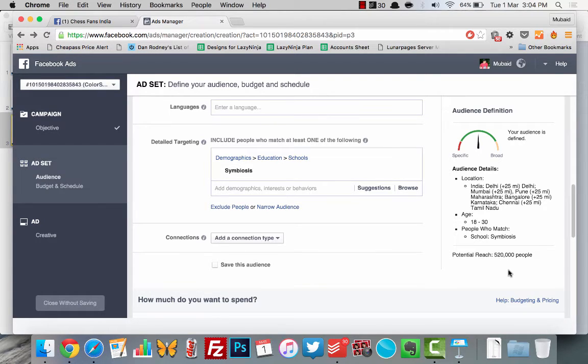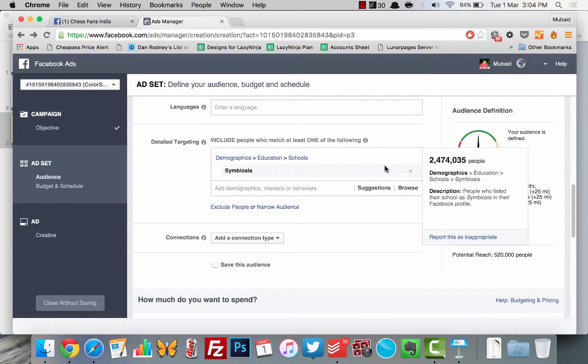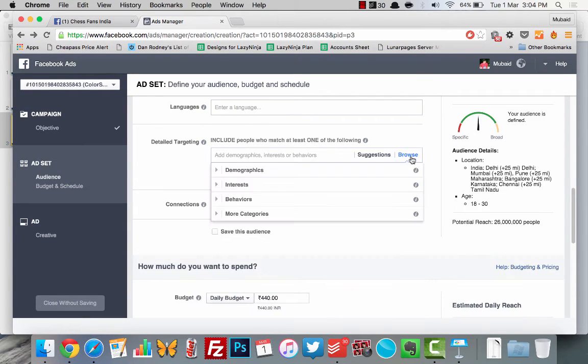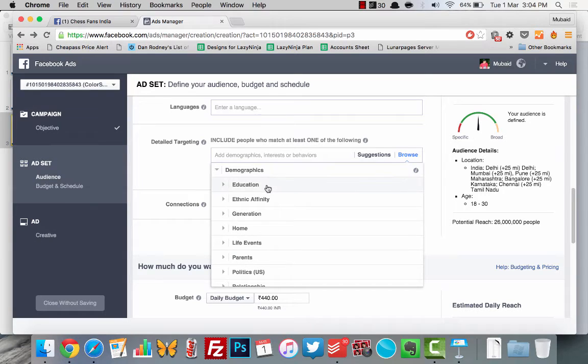So if you are making a design and it reads something like, I am awesome because I went to Symbiosis, and you want to target people who are studying in Symbiosis or who have studied in Symbiosis, this is the targeting you can use. So this is just one example. There are so many such examples in demographics, education,